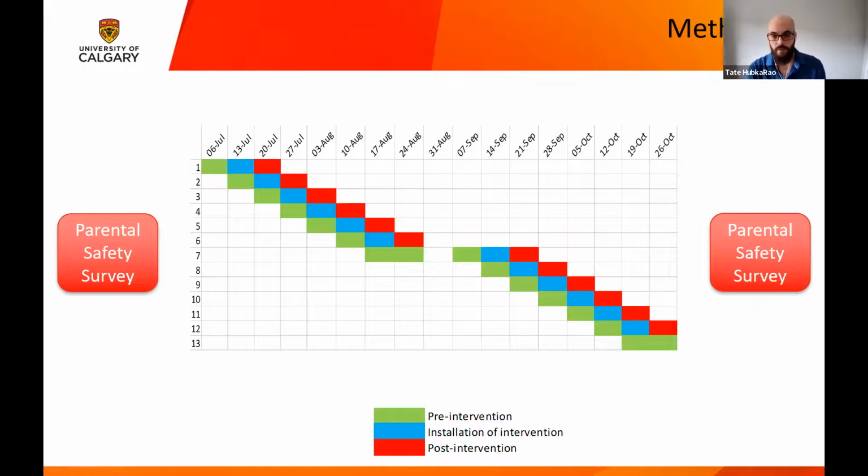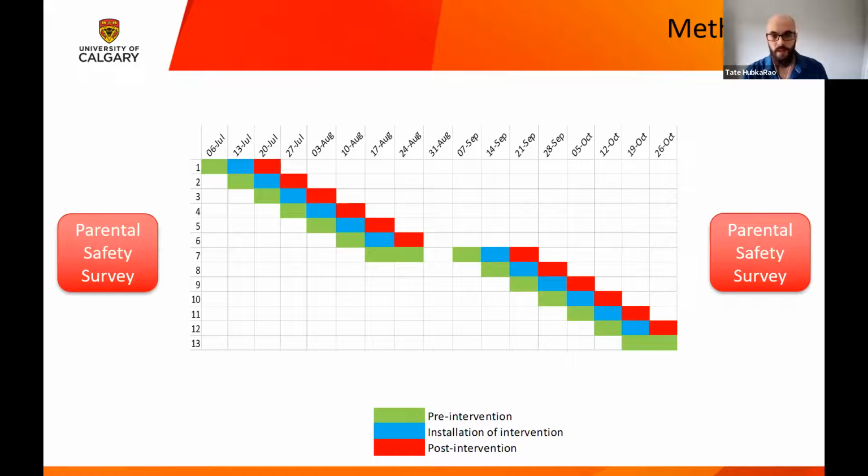So in the schedule, the interventions were installed at the start of a specific week, and that week was shown in the blue box. The week prior to installation, we took traffic and active transportation data in the green box, and then we repeated those same measures the week after installation, which is shown in the red. We did have a small gap in the study schedule at the end of August, just to separate the schools that were in session in September and October from the schools that were not in session in July and August. So we didn't have any crossover of that data.